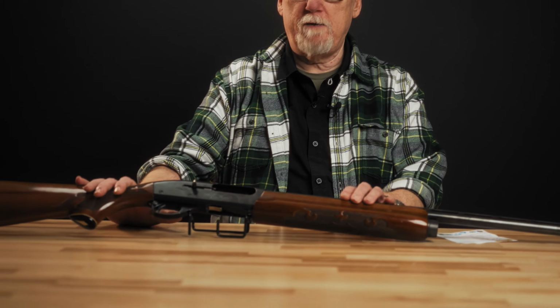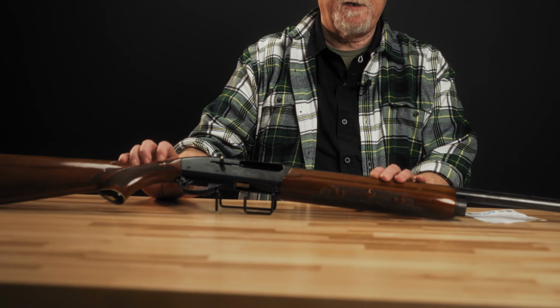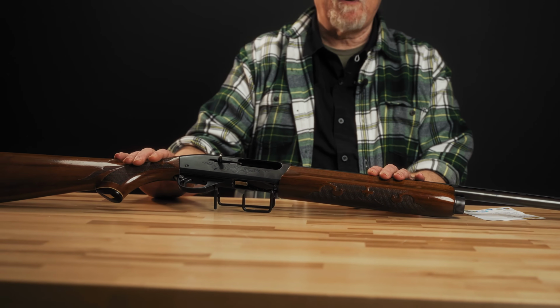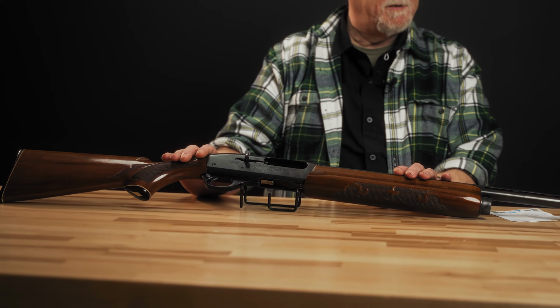Frame was still the same big frame. They used lightweight mahogany stocks on the gun, and it was a little bit lighter profile, so it was lighter in weight. But it wasn't until